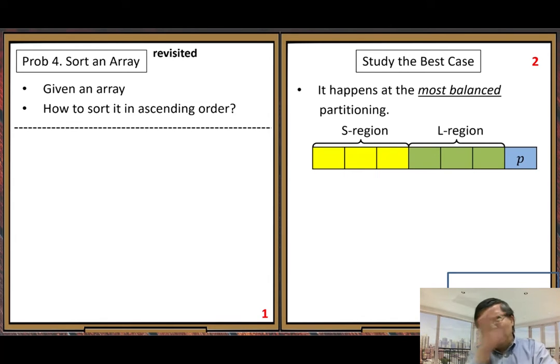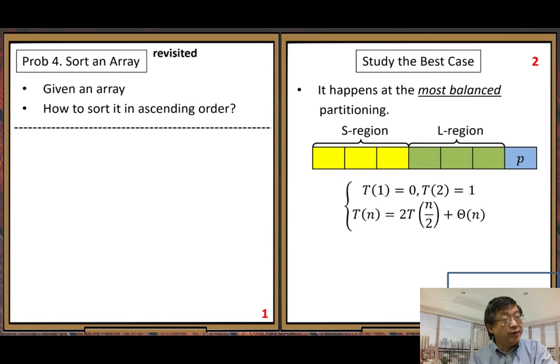After one partition, we will get two subarrays with almost the same size. When we use a recurrence relation, we can just assume two equal size n over 2: 2 times T of n over 2. Two subproblems with the same problem size. Then